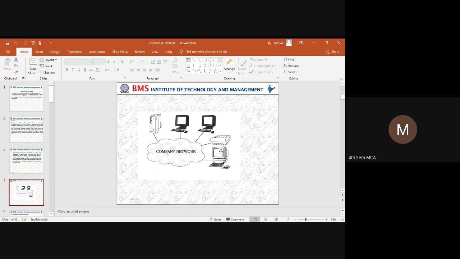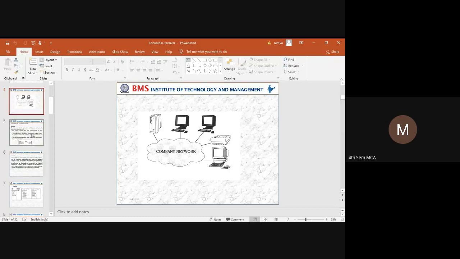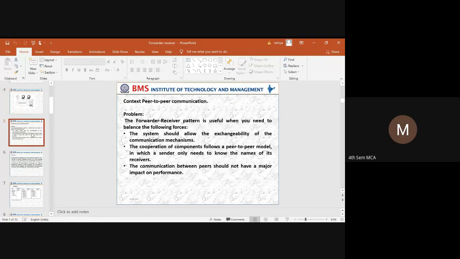Whoever the user or client is, when requesting a printing application, that printer is a resource, so that printing resource should be made available over a network. So the context is peer-to-peer communication.